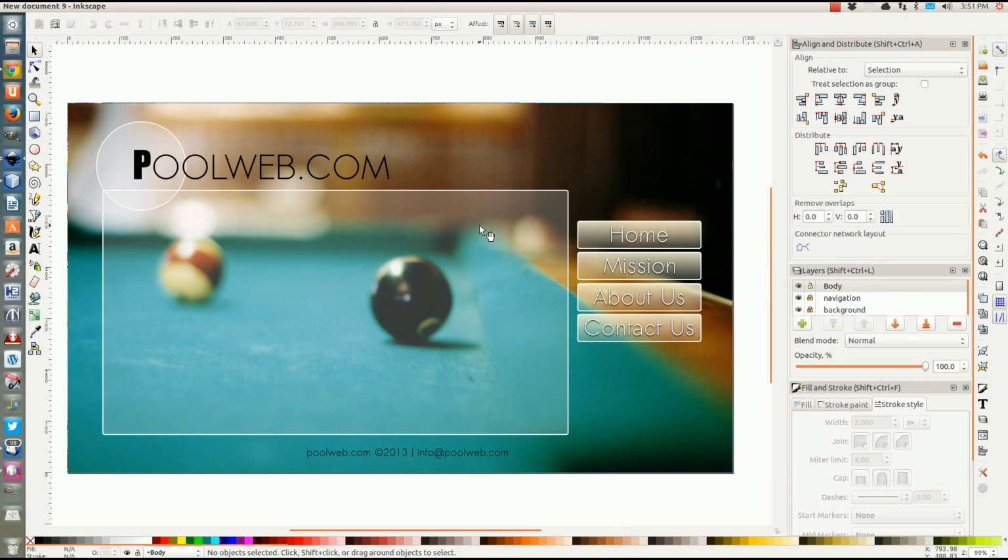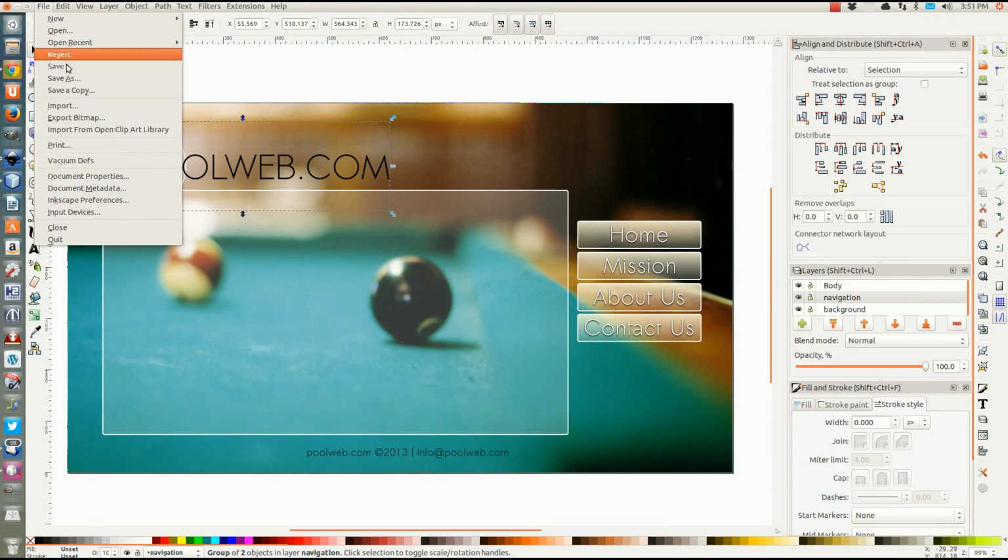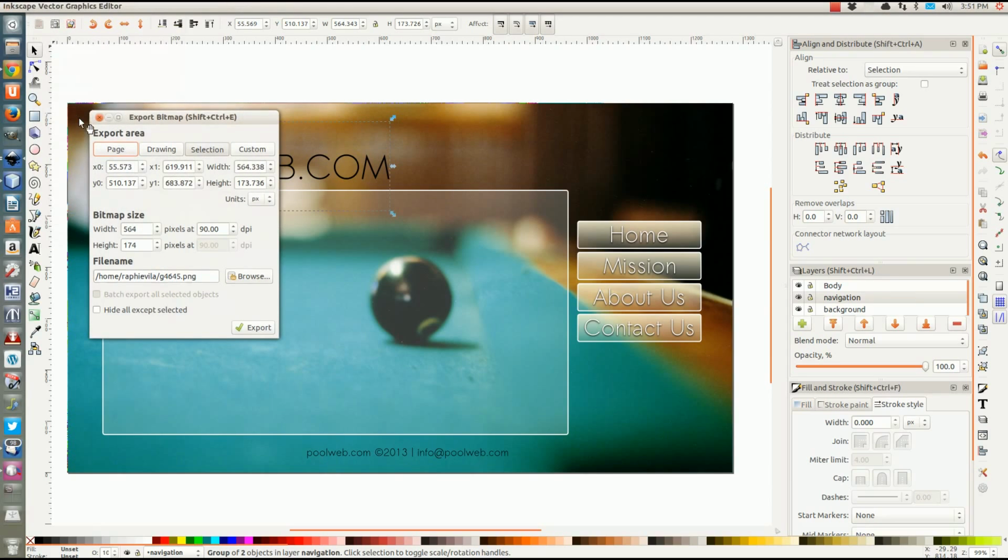So, see, this is a very simple website. I just want to show you how you can use Inkscape to create a simple layout. You can make more complicated things than that. So now I'm going to select this, and this is where the beauty starts. File. And I say export as bitmap. I'm going to select